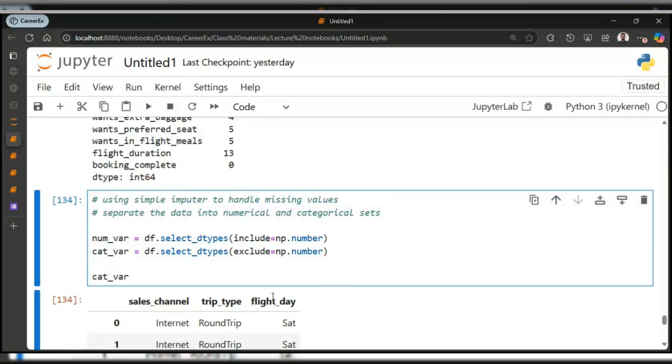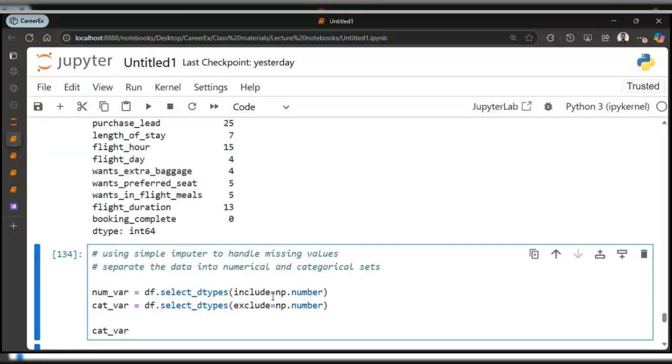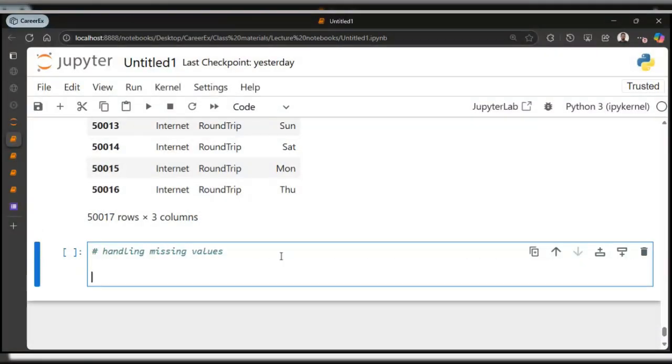So we've done this. Now we want to handle our missing data with SimpleImputer. We imported SimpleImputer already, and then missing values. So you create a SimpleImputer transformer object.